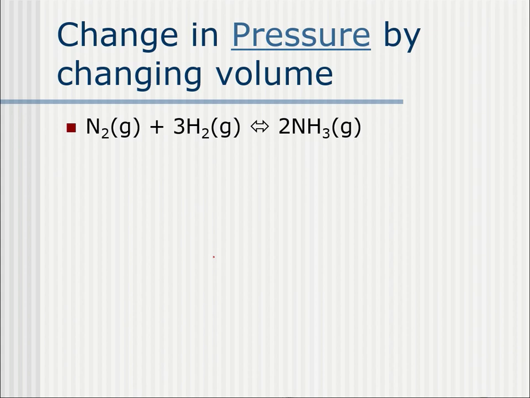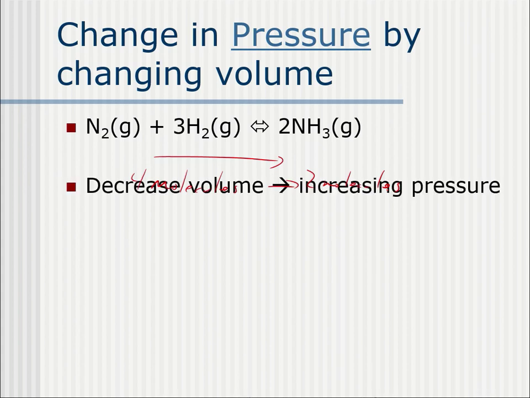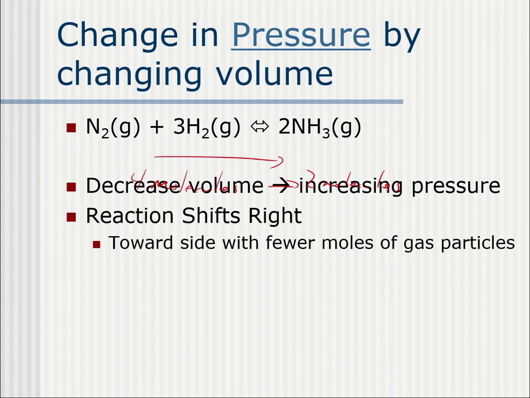Well, in this chemical reaction, as we see it, the irony is, going from left to right, we take 4 gas molecules and turn them into 2 gas molecules. So what that means is, this system, going from left to right, actually decreases in pressure. So when this shifts from left to right, the pressure decreases. So what happens is, if we decrease the volume, we increase the pressure, this system is going to shift towards the right. It's going to shift towards the side with fewer gas molecules.